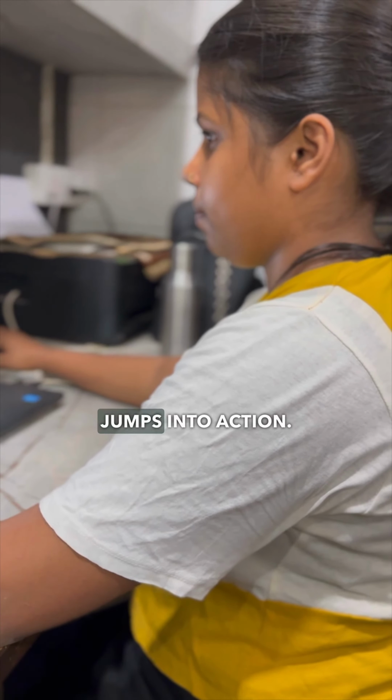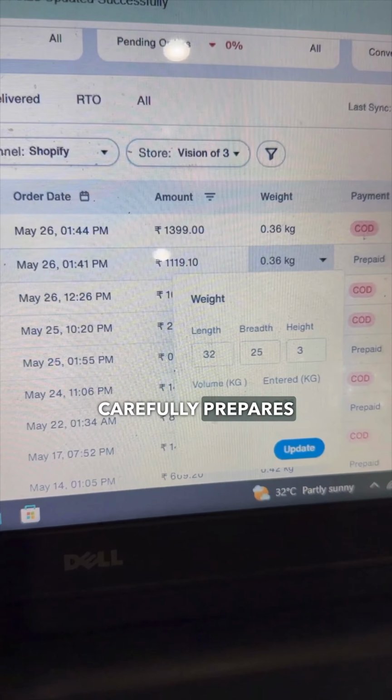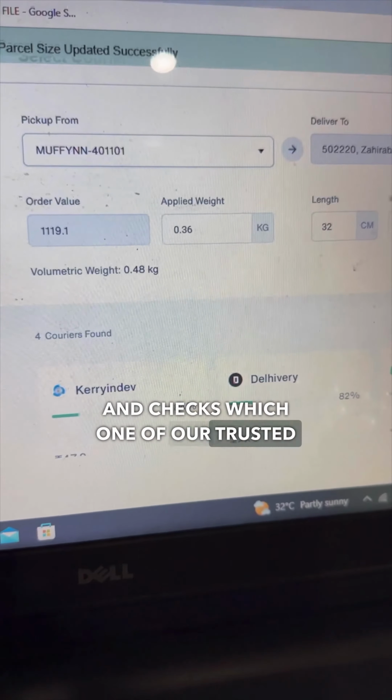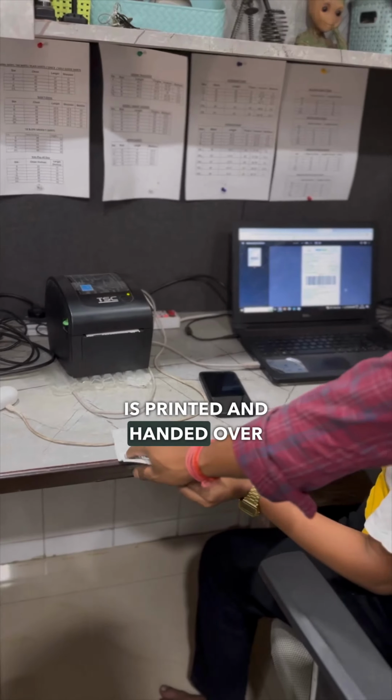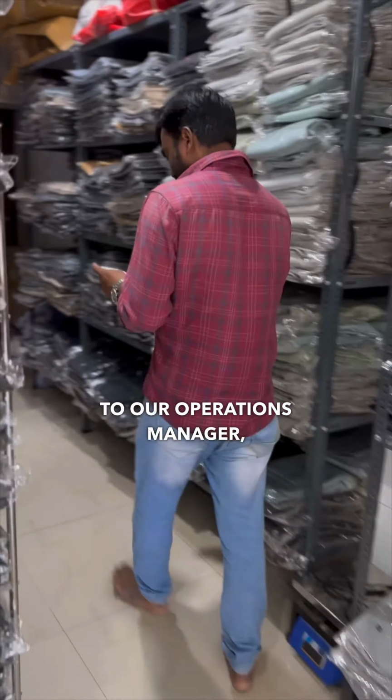Our dedicated customer care executive, Shraddha, jumps into action. Shraddha carefully prepares the shipping label and checks which one of our trusted shipping partners can serve your order's PIN code. After double checking the details, the shipping label is printed and handed over to our operations manager, Sachin, who